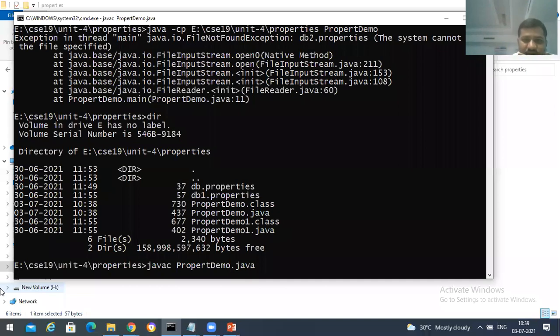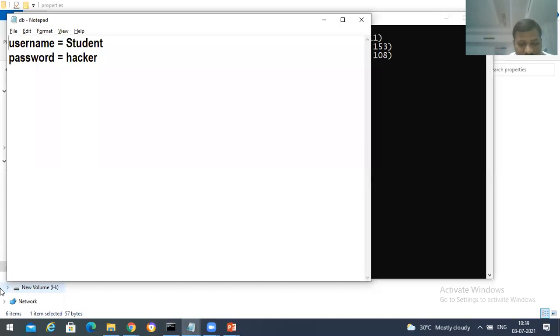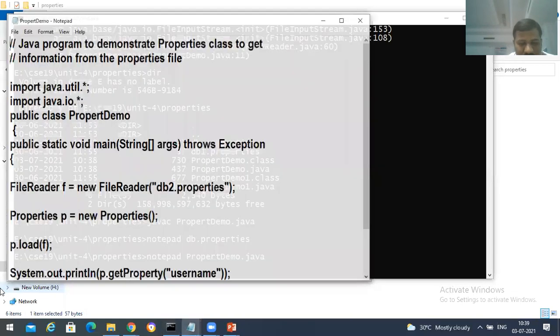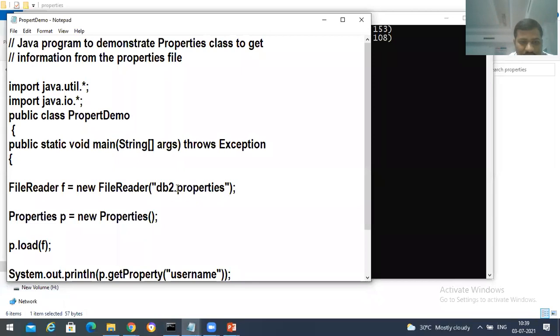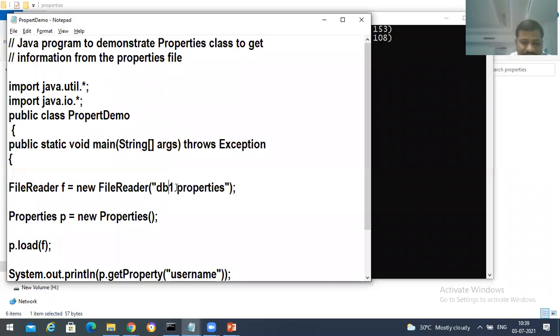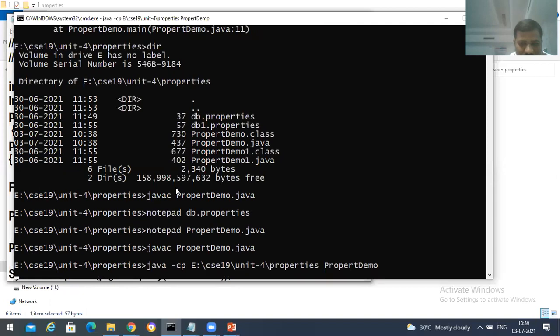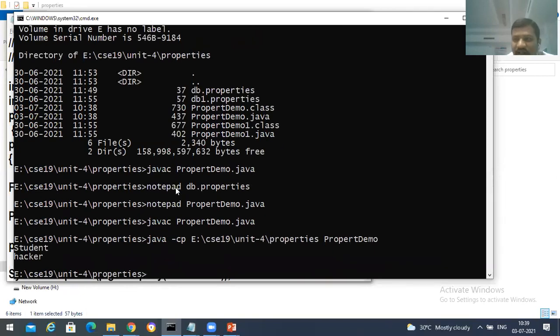It says FileNotFoundException, that means it's not able to open that particular file. So we don't have db2 over there, we have only db1 and db. So we'll be taking db over there. Right, we got student and then hacker.